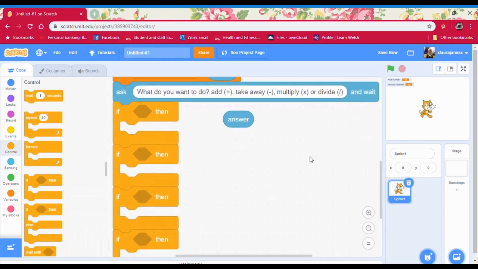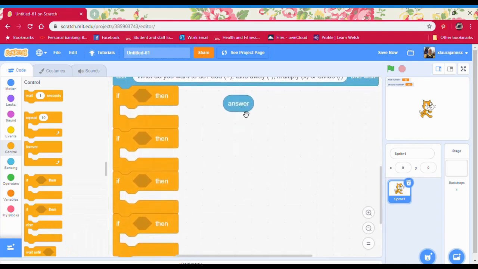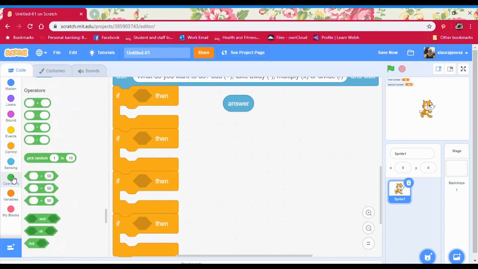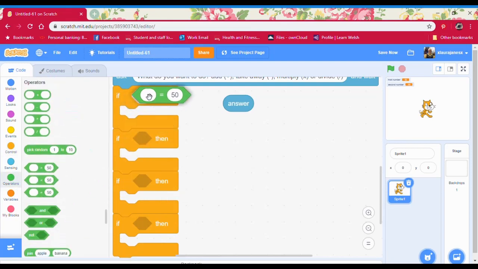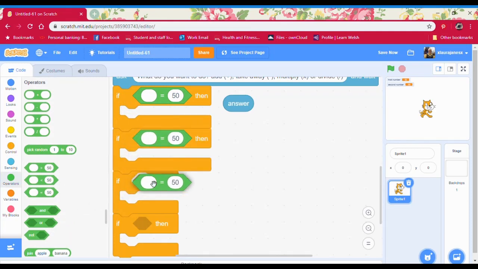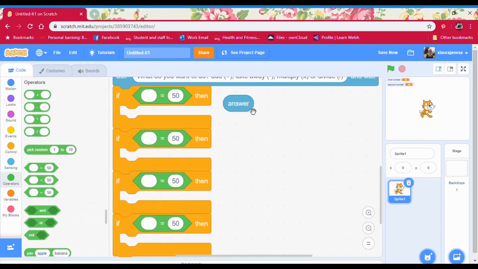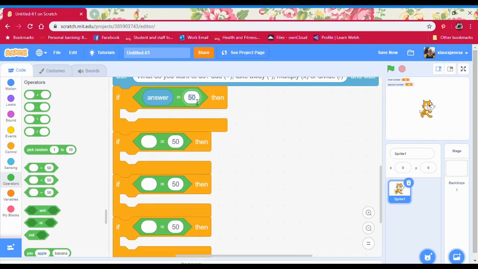and in each of these ifs I'm going to check what the answer is. So if the answer equals add, if the answer equals take away, if the answer equals multiply, and if the answer equals divide, and then tell them what to do in each situation. So if you can remember these diamond shapes, to check the answer I'm going to put the equal symbol in. So does the answer equal this? So I'm going to put 4 of these in. So it's easy to do these all at the same time almost. So I'm going to put the answer in there. So if the answer equals the add symbol, then